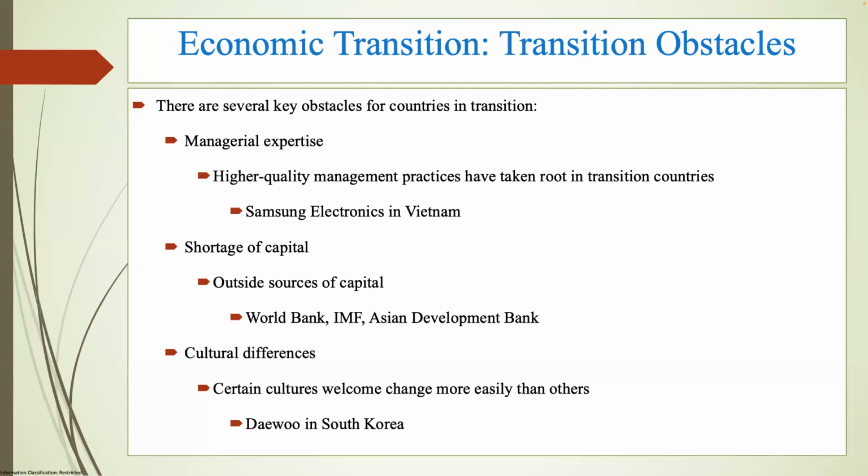Second is a capital shortage. Economic transition and development are expensive and require funding to develop a telecommunications and infrastructure system, to create financial institutions, and to educate people in market economies. Third are cultural differences. Economic transition and development cause cultural change and replace dependence on government with greater emphasis on the individual. Cuts are often needed in welfare, unemployment benefits, and guaranteed government jobs.